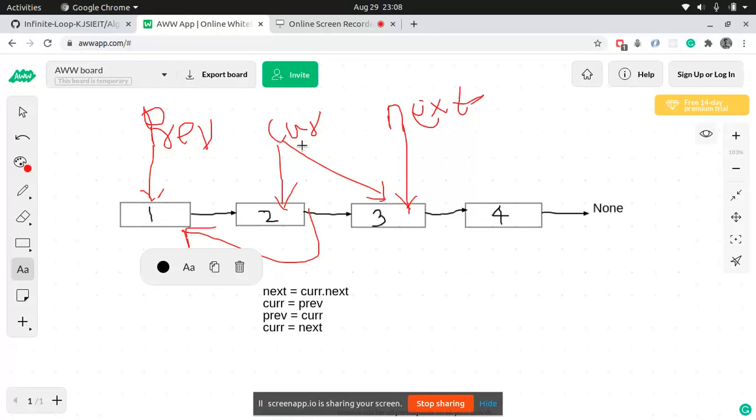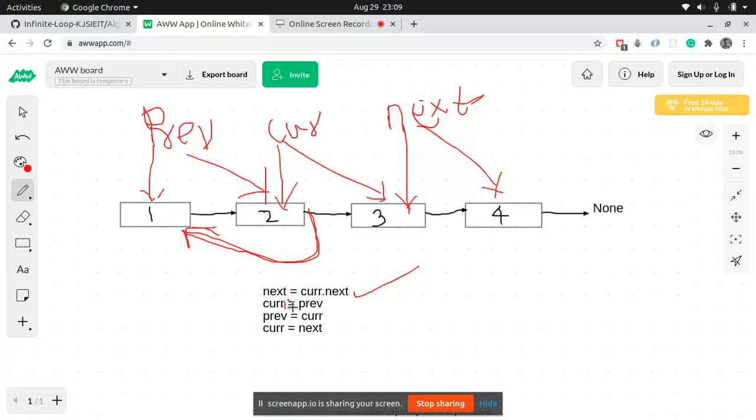Okay. So before that, I have to change the previous pointer to point to the current node. Since if I travel to this node, and if I want to change the pointer of the third node, I will need a pointer that is pointing to the previous node. So I'll change my previous pointer to point to the current node, I'll change my current pointer to point to the next node, and I'll change my next pointer to point to the next node. So basically, currently my current pointer is pointing to the second node. I'll keep track of the next pointer using this variable, and I'll change my pointer to point to the next node using